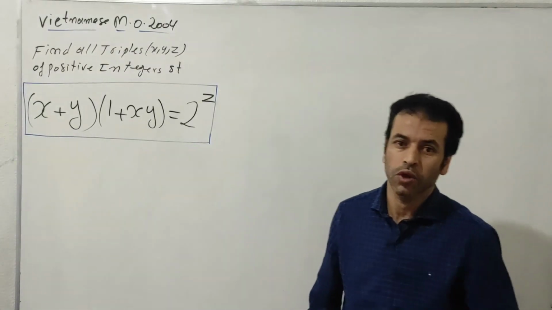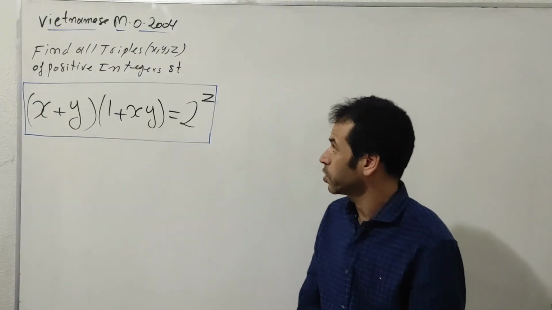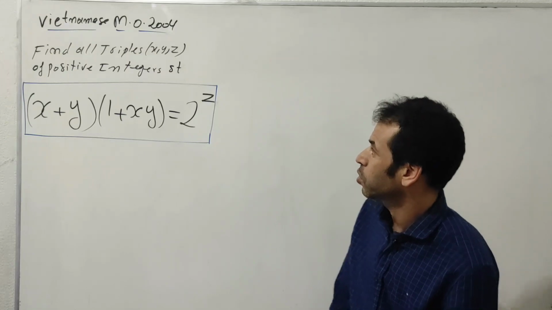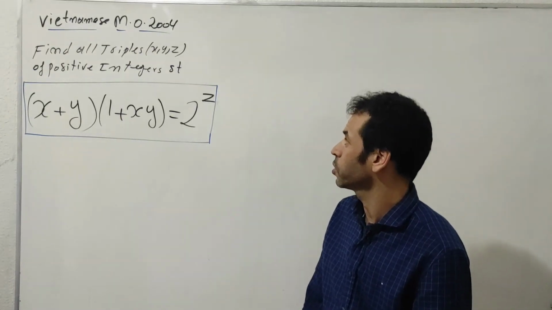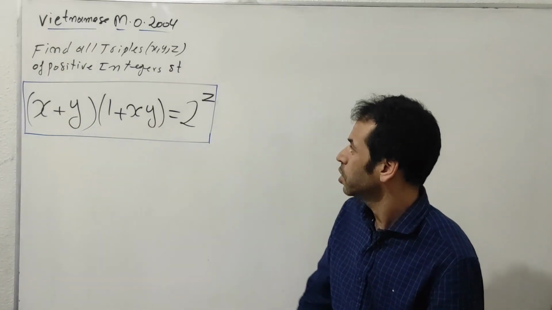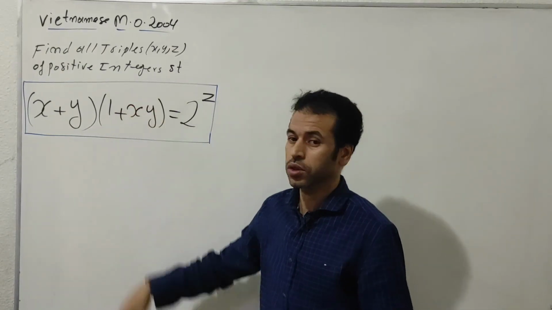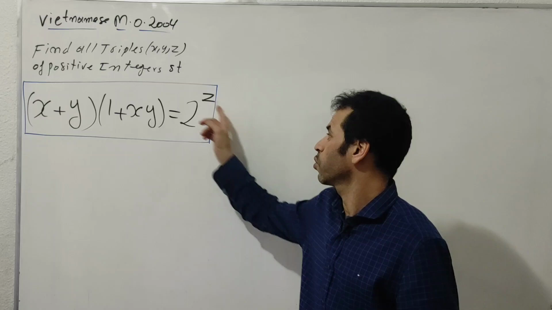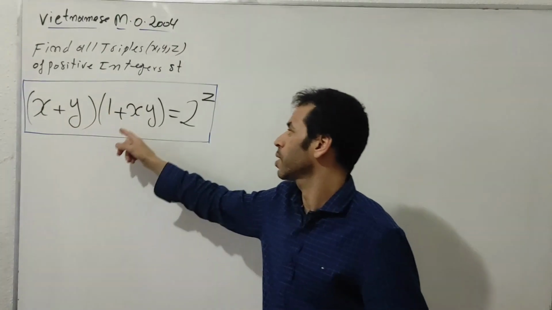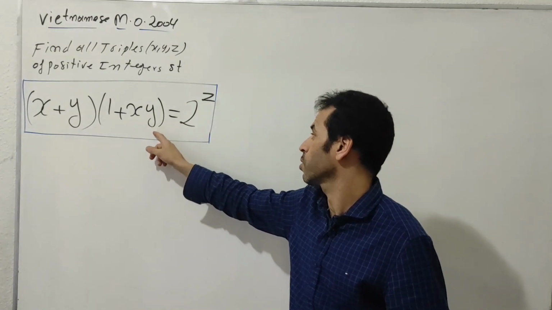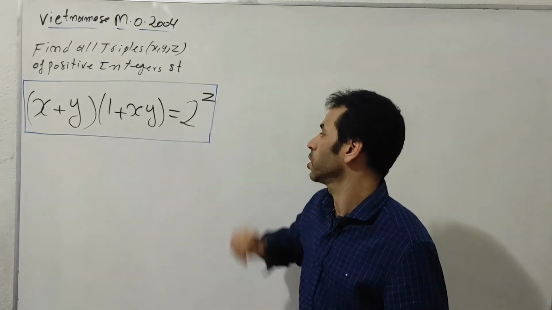In today's video, I would like to introduce a very nice problem from the Vietnamese Mathematical Olympiad 2004. Here is the following information. Find all triples x, y, z of positive integers such that we have the following equation. We have the product of these numbers: (x + y) multiplied by (1 + xy)